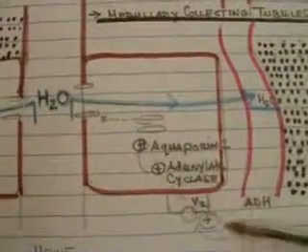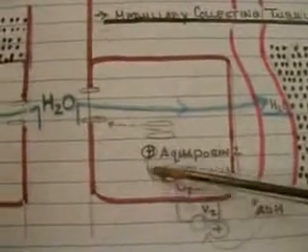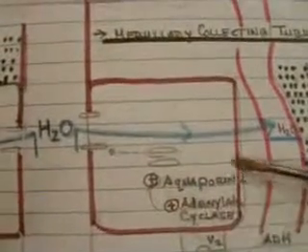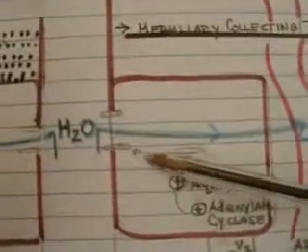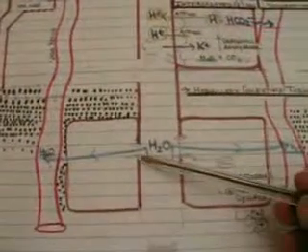And binding to the V2 receptors stimulates adenylate cyclase, which therefore generates the energy and stimulates the protein known as aquaporin. And the aquaporin allows the cell membrane to become permeable to water, and therefore water that was normally going to be excreted through the collecting tubules as urine now is able to be reabsorbed, and due